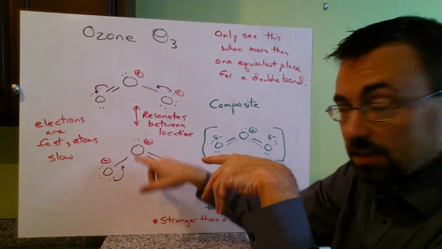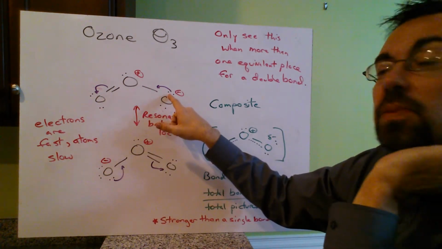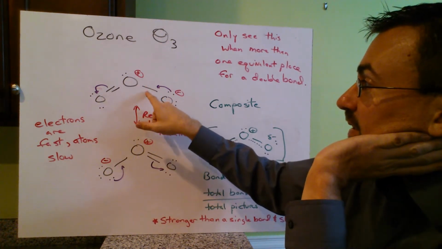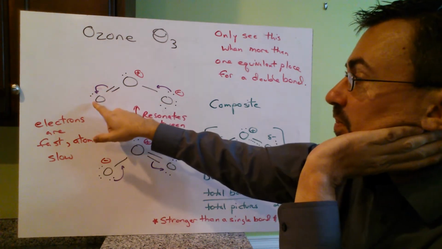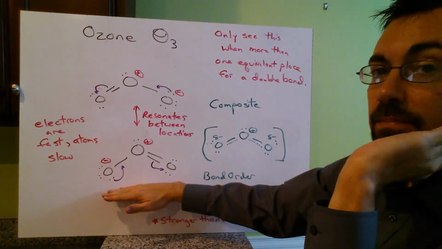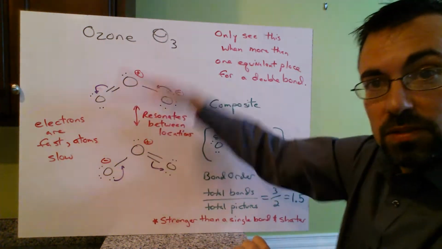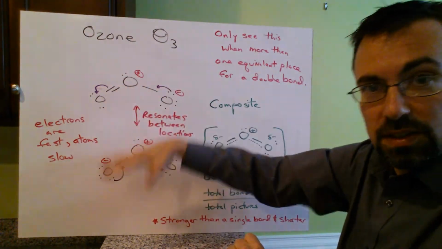This is called resonance. So if you want to imagine that this lone pair of electrons becomes part of a double bond here, and this double bond becomes part of a lone pair here, or the electrons just kind of flow to the left, we get this picture here. And if they flow back to the right, we get the picture up top. Now, of course, if we do this rapidly, billions of times in a second,